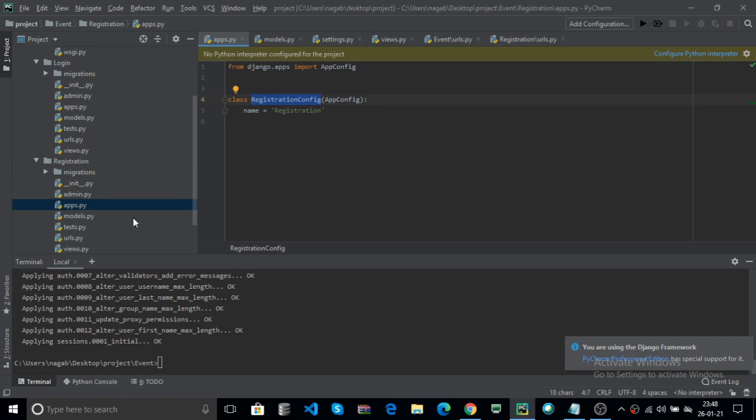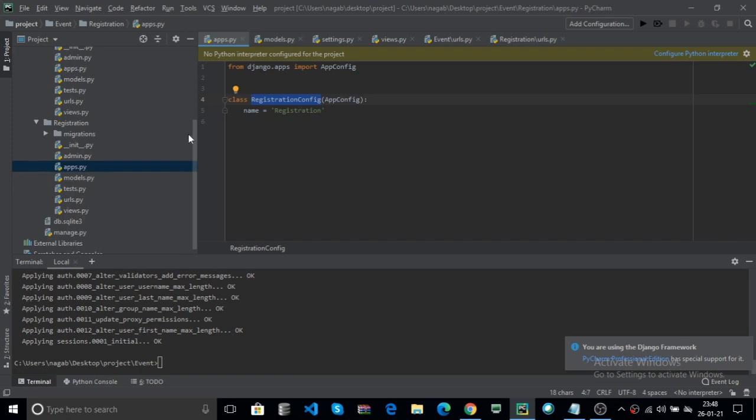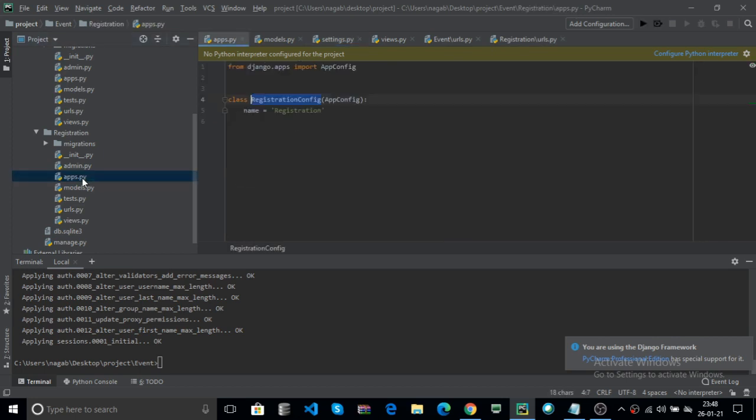Here go to your settings.py. In the main, now it is a main package. Here you can specify where the apps module contains the registration config.